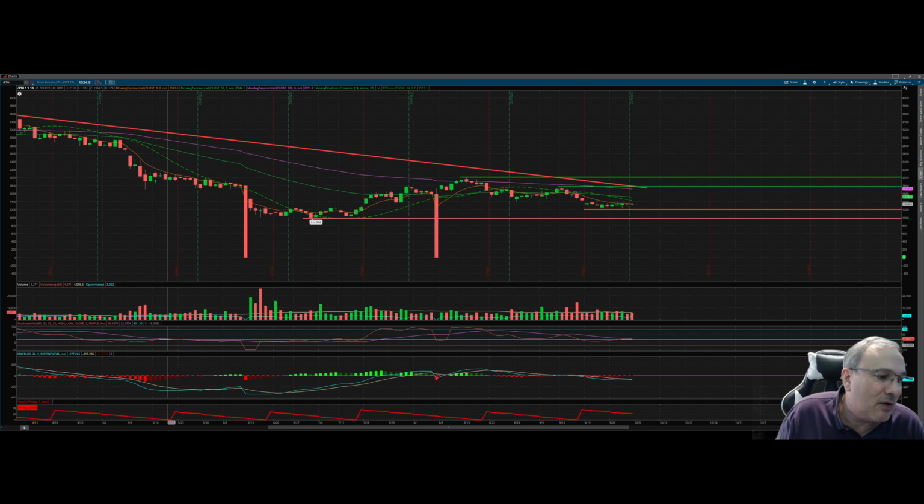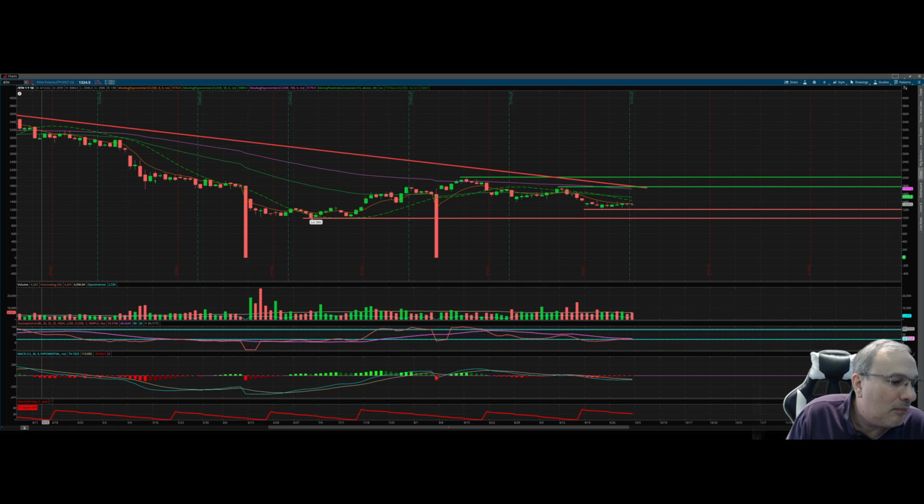And then I call it the fuel gauge. It's a stochastic, but it's right out of the box. I haven't really tweaked it all that much. It's an 80-20, 80-20, and then 25-25. So the 80 is the percent in which it moves. So it's 20. In other words, this cyan line here and this cyan line here, this is the 20% level. So from the bottom to here is an 80% move. From the top to this bottom line here is an 80% move, leaving you 20%